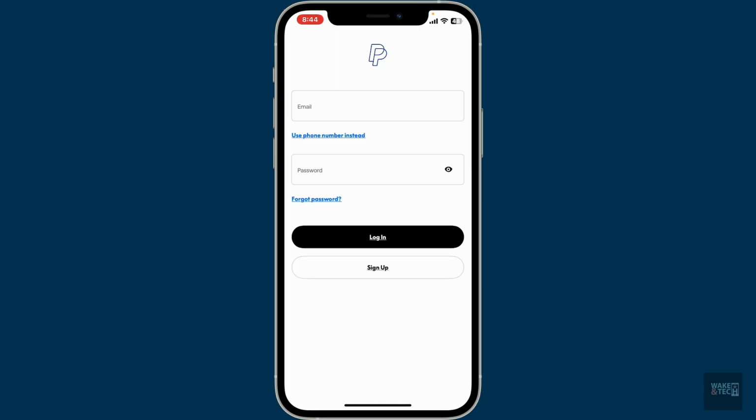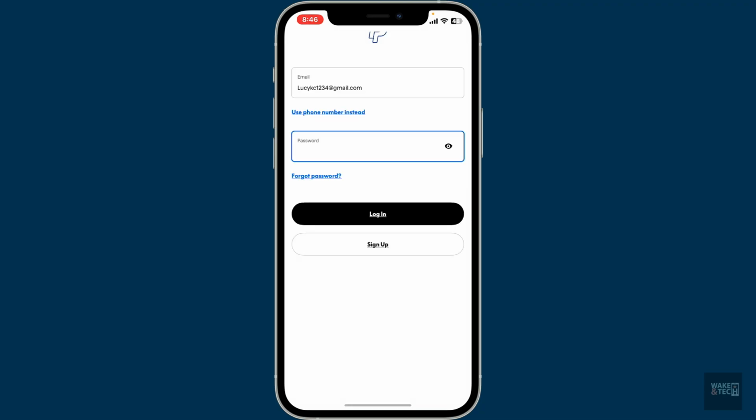Go ahead and make sure that you're inside the login screen and then type down your email address or phone number associated with your PayPal account. After typing down your email, you'll need to type in your password. Make sure you type in your correct password in the password box. After typing down your credentials in the respective text boxes, you can tap on Login in order to log into